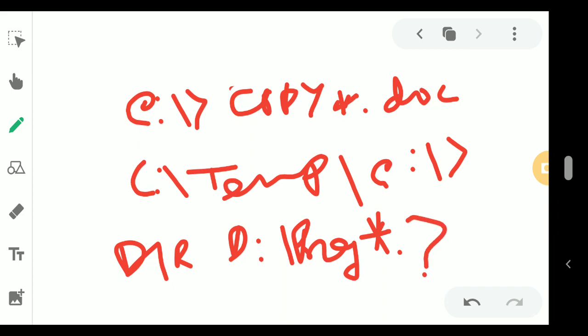So single character, if you don't know it at that point of time, I can give a question mark. So these are examples of the wildcard character.